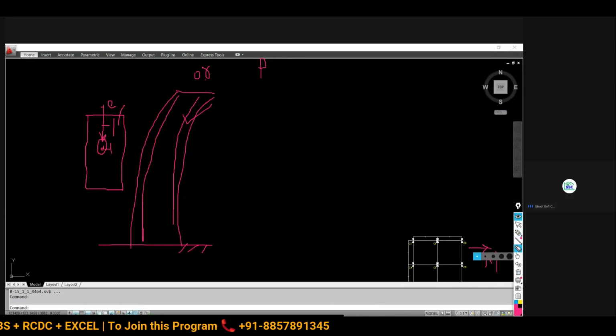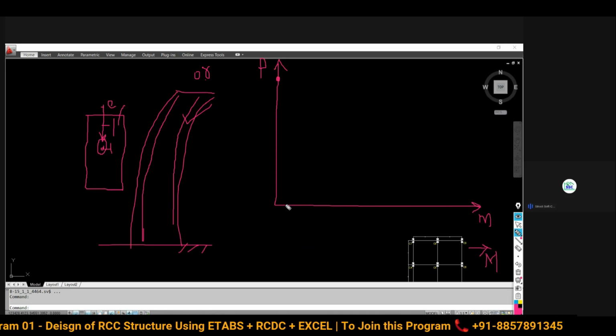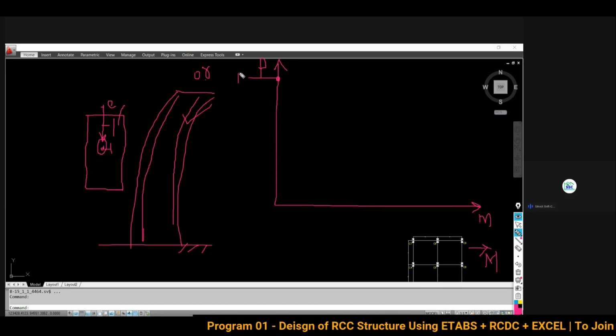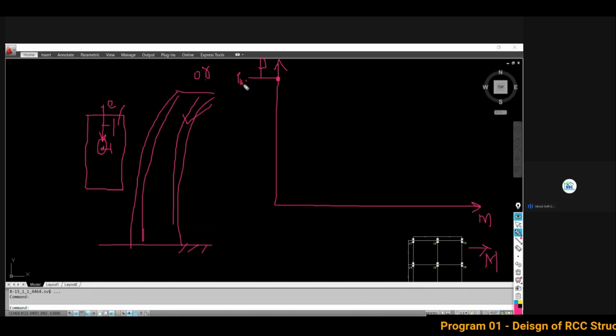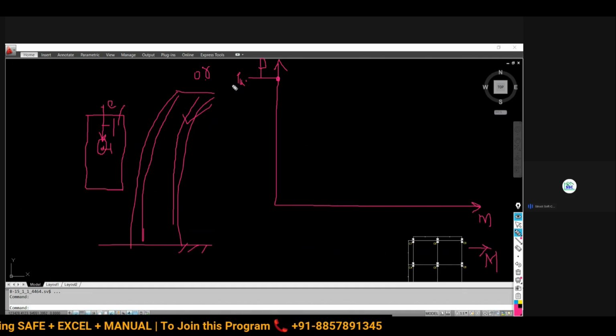Try to understand. In that case, this is the point, no moment is there, so your column has the capacity to carry the maximum load. The ultimate maximum load carrying capacity of your column is going to be utilized, and this will demand less percentage of reinforcement, less concrete size, and everything will be less, as expected in the design requirement. But that is not possible.